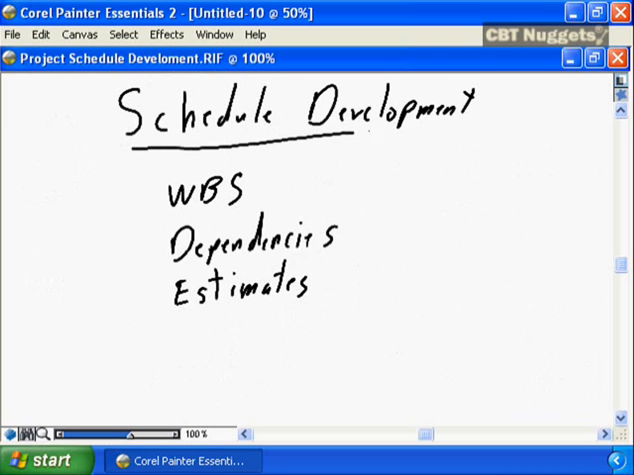The final step in project schedule development is the actual development of the schedule. It's taking the WBS elements that we've identified and worked on in this nugget. It's taking the dependencies